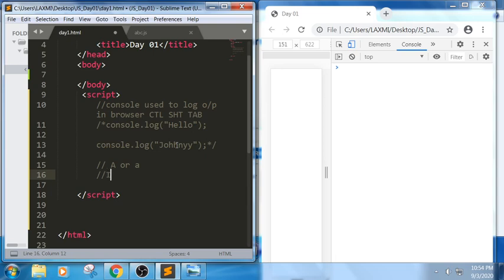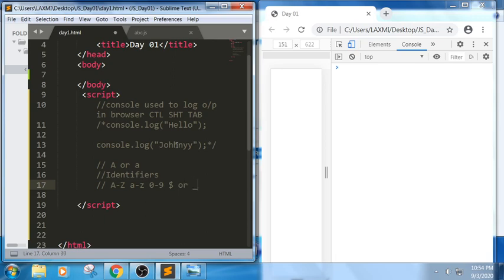Let us look at the first part of JavaScript, identifiers. Like in other languages, identifiers have rules: capital A to Z, small a to z, 0 to 9, underscore or dollar.